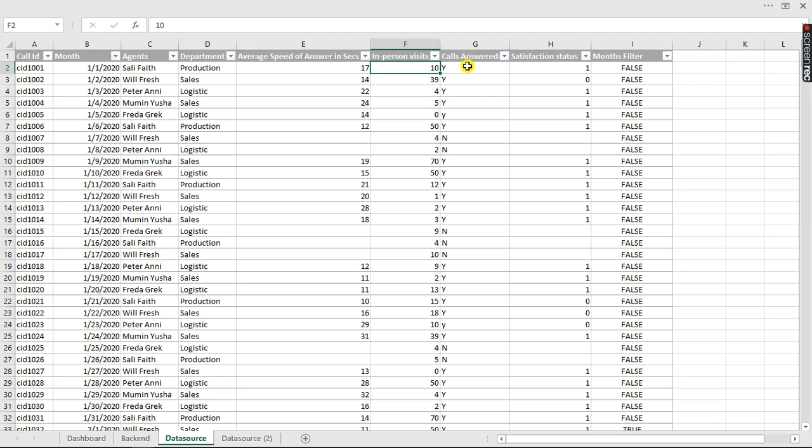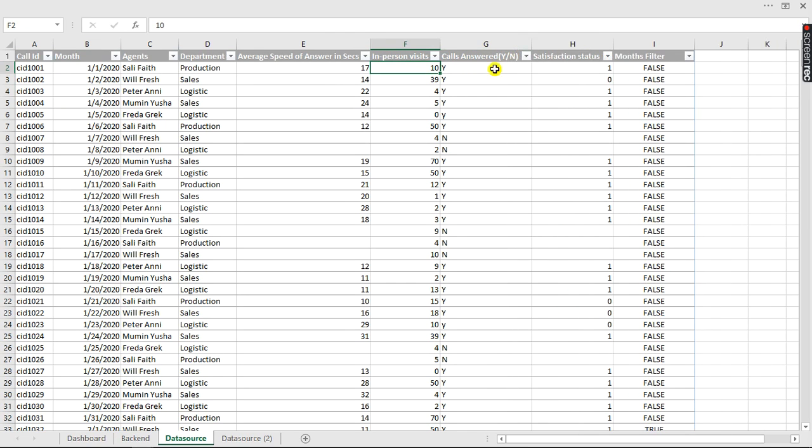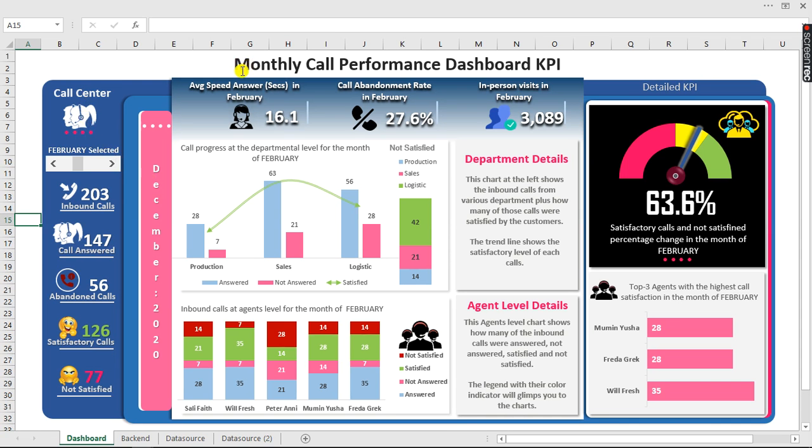We have call answered. If the call is answered, we have it under Y. If the call is not answered, we have it under N. And we have the satisfactory level, which is 1 for satisfaction and 0 for not satisfied, and all that. So we try to use functions to create our own dashboard without using the pivot table,